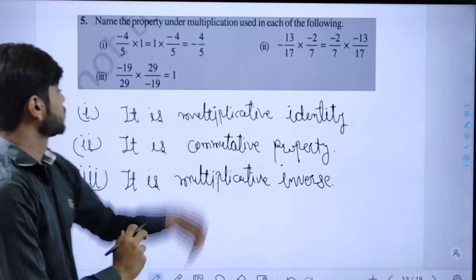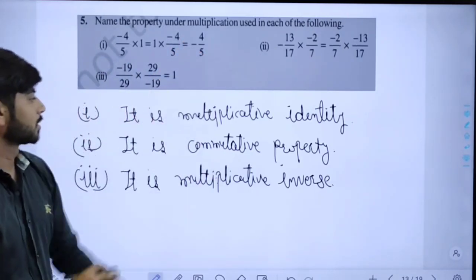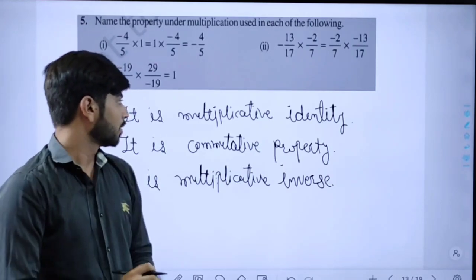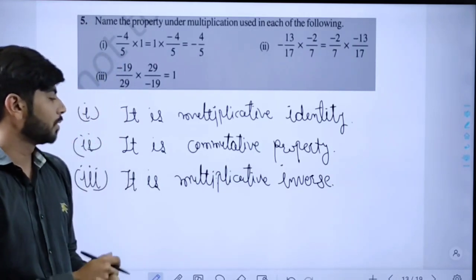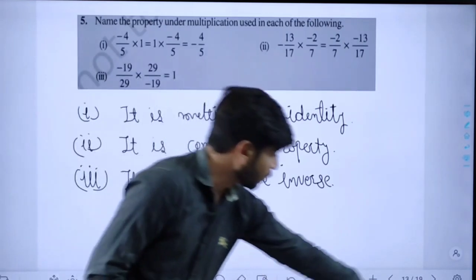Okay, so this question was very easy. We have completed it. We have to just give the properties' names. You have to remember all these properties because these properties are very important. Okay, next,